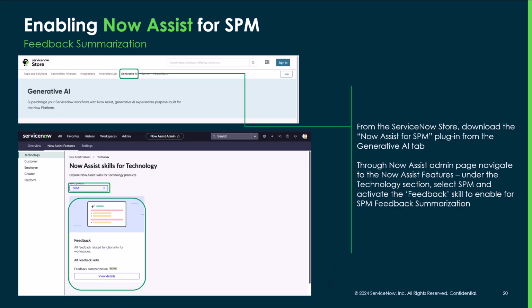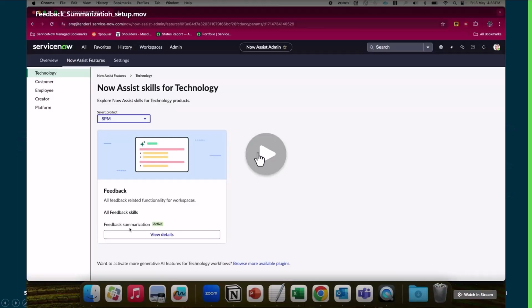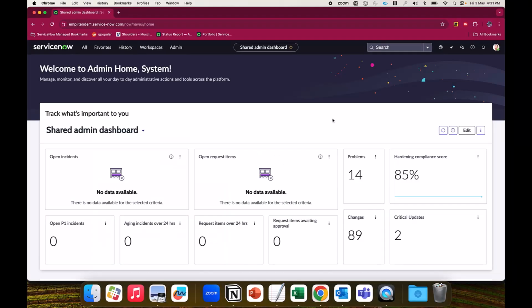Okay, so next we have a demonstration of how to enable the feedback summarization as part of Now Assist. Hello everyone. Today I'll be showing you the setup process for enabling feedback summarization after installing Now Assist for Strategic Portfolio Management. After installing Now Assist for Strategic Portfolio Management, the feedback summarization doesn't automatically show up for the end